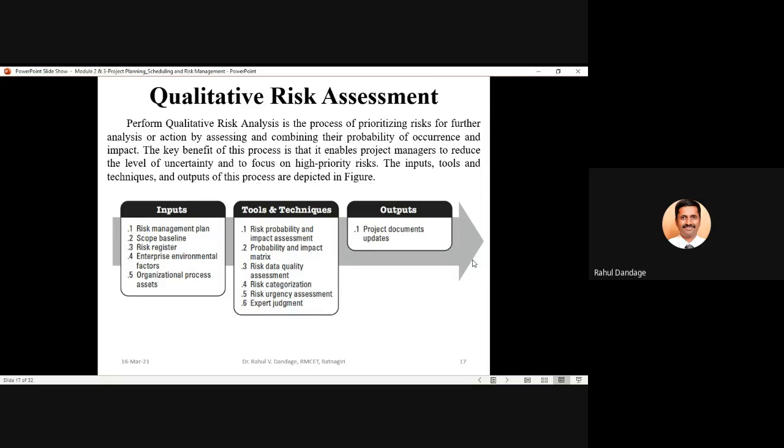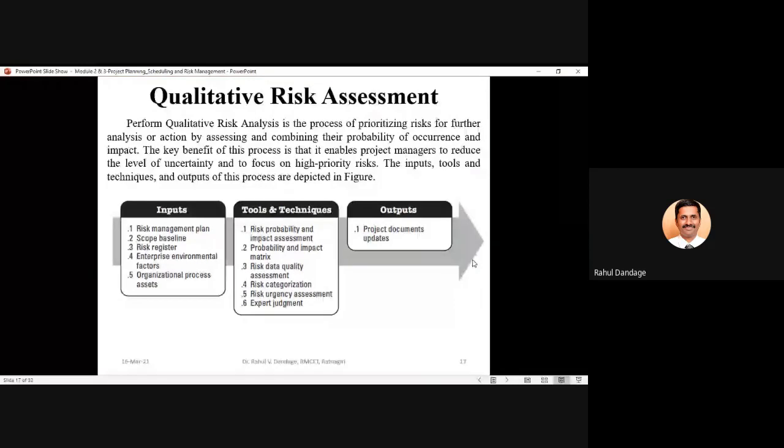The inputs, tools and techniques and outputs of this process are as depicted in the figure. Normally in project management terminology, we say this is ITTO. I is input, double T is tools and techniques, and O is output.